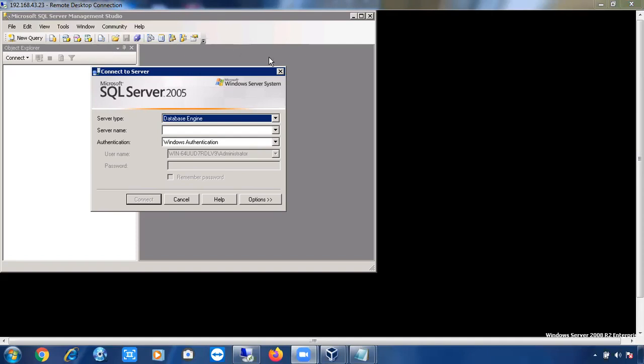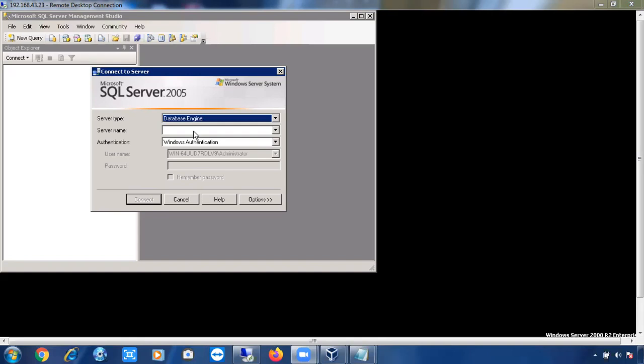Yes, it's a part of SQL Server, but it's just to connect to the server. So even if your database engine is not running, you can open Management Studio, but you cannot connect to the server. So make sure server type is Database Engine. We are going to work on the database engine only.